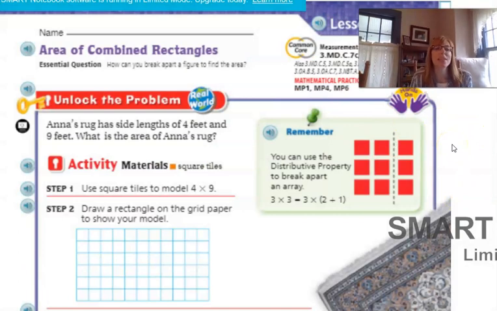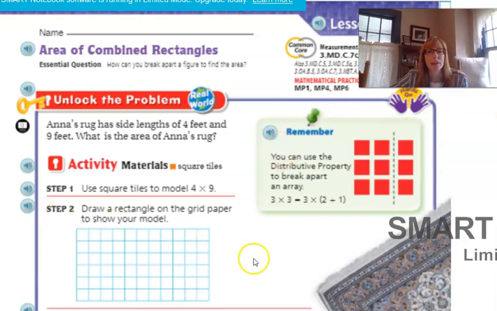Let's look at our essential question, which is telling us what our entire lesson is about. And it says, how can you break apart a figure to find the area? So we've already done this a couple of different times where we were actually finding a rectangle or square and then adding the other pieces. And then in our last lesson, we were finding doubling the area. So we were kind of taking apart a figure and seeing the two actual parts that it was creating. All right, so